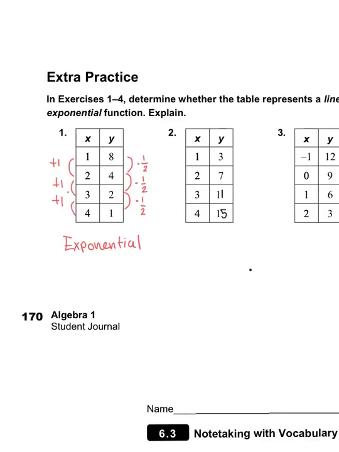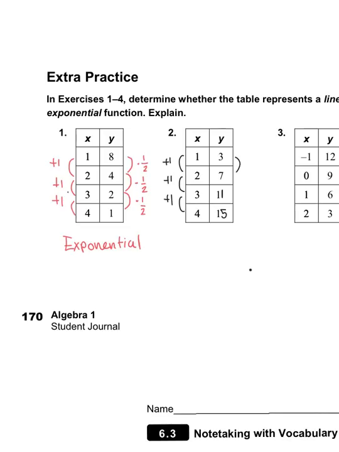Alright, so I'm not really sure what happened to this graph, but the 1 was cut off of the 11 and the 5 was cut off of the 15, so please just include that in your notes. So anyways, if we look at this particular graph, we notice that the x values are changing by a constant of 1,